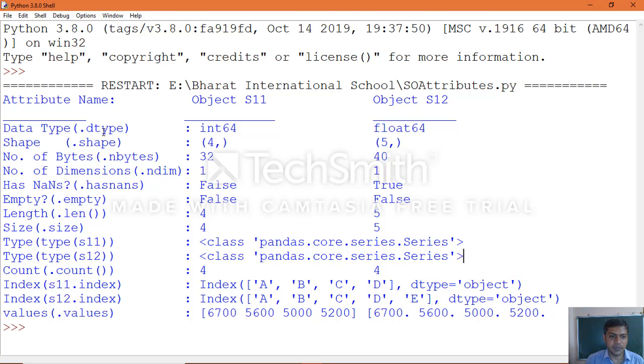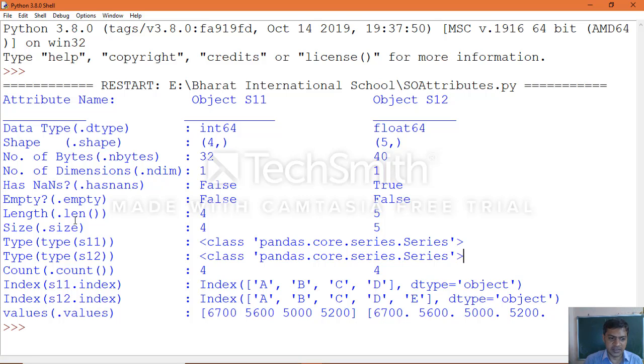We checked here the data type, the shape of the object, the total number of bytes the object occupies, and the number of dimensions the object contains. We checked hasnans, whether the object contains NaN values or not, and emptiness, whether the object is empty or contains some data.